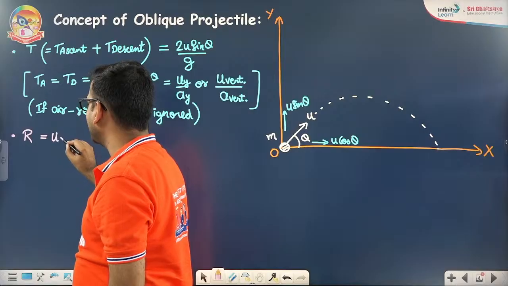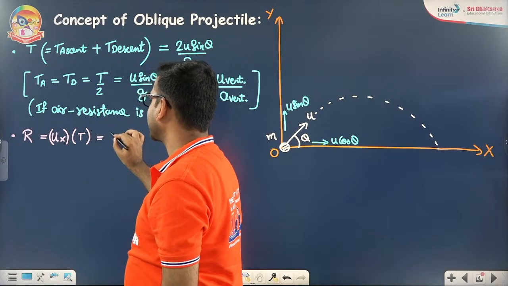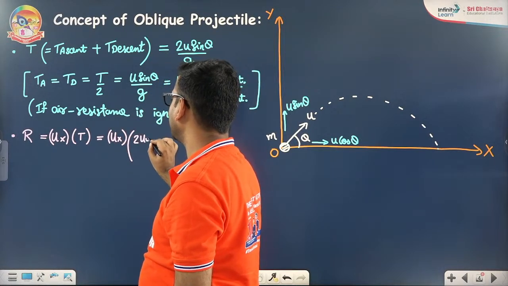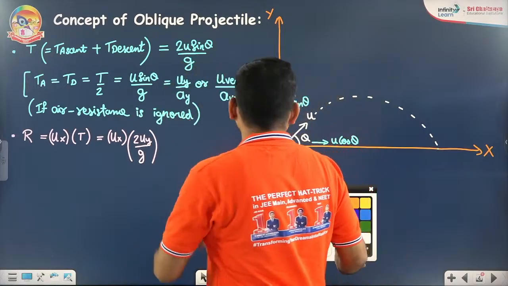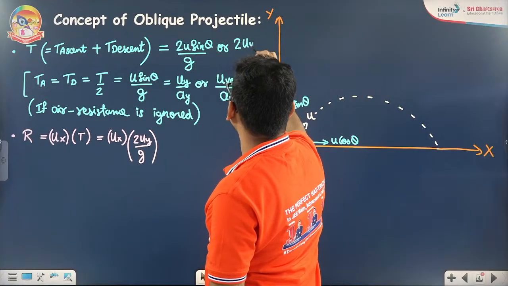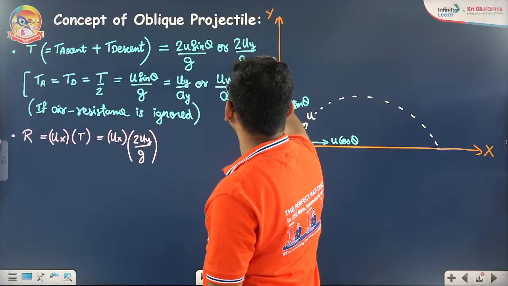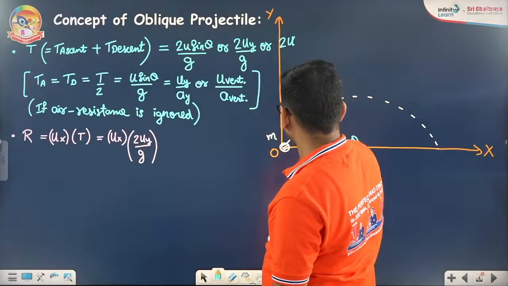We multiply the ux with t, time of flight, which can be written as ux, and the time of flight we have seen that is 2uy by g. So here you can write it as twice of uy by g, or you can write it as twice of u vertical